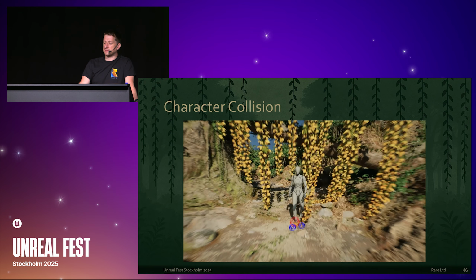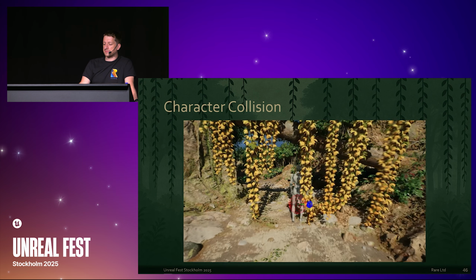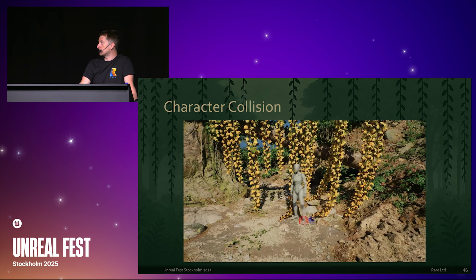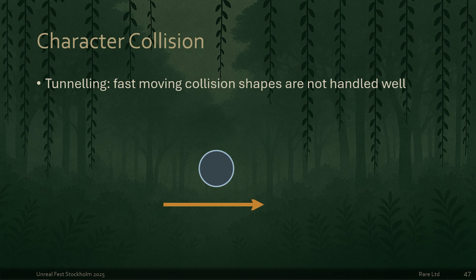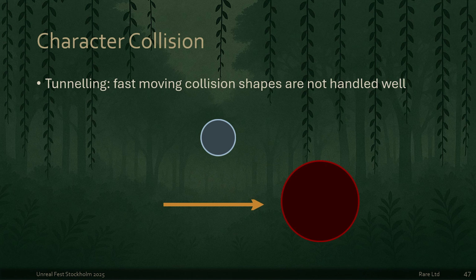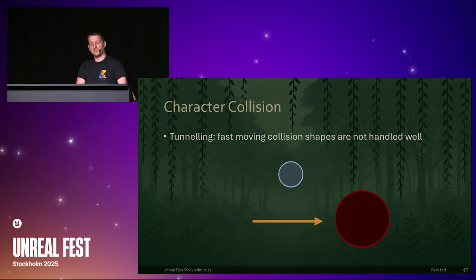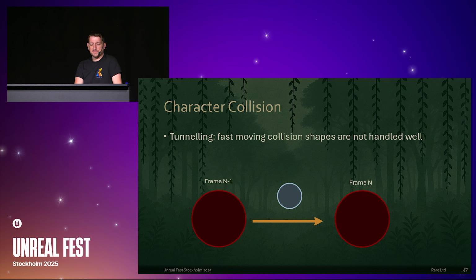But it only gives you the current intersection state. It didn't really handle fast-moving collision shapes too well. And that issue is called tunneling. So if you have a moving collision sphere like this, which will go through a PBD node over the duration of one frame, we actually only have discrete times at which to evaluate the position of the collision sphere. So in reality, it will be here on one frame and then there on the next frame. At neither of these frames do we overlap with the PBD node to push it out of the way,